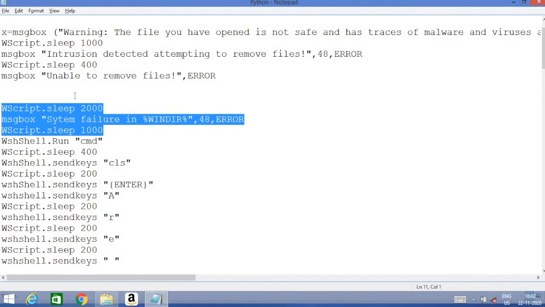So try to make your own viruses, your own custom things, and Google about WScript, and you can find many more commands which were not mentioned at all in this stream. And also the whole code of this virus will be in the description, so that you can just copy paste if you don't want to write and type all that